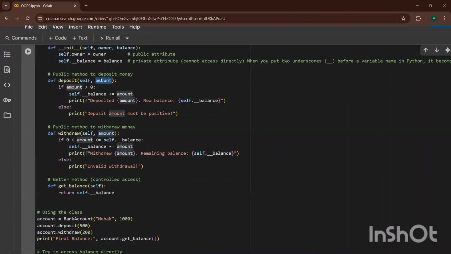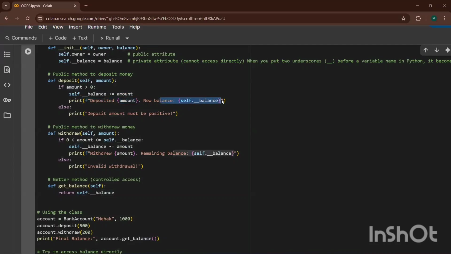Now, if my amount is greater than 0, then in that private variable, just add this amount and print the deposited amount and the new balance.